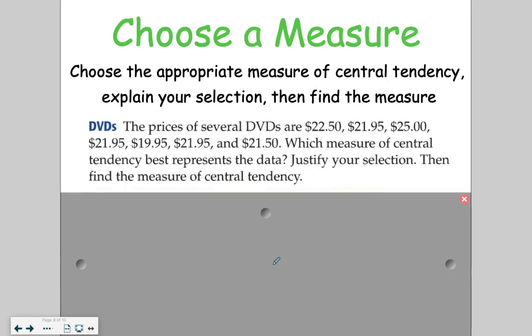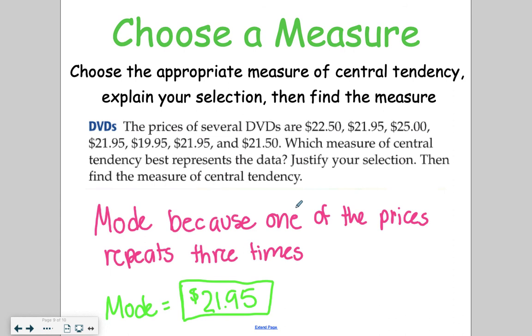Go ahead and choose the measure on your own, explain your selection, and then tell me what the measure is. So for this one, the best one is the mode. There's a piece of data that repeats 3 times, so your answer is going to be